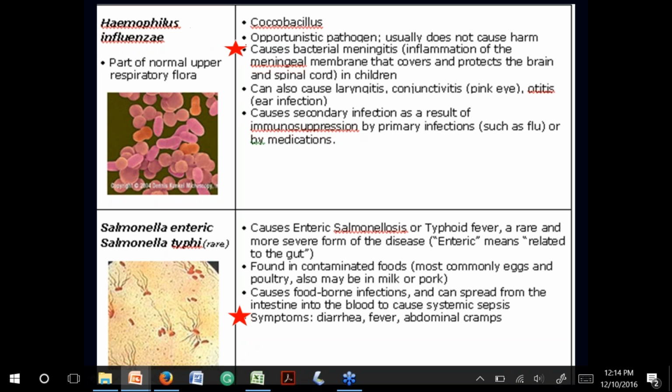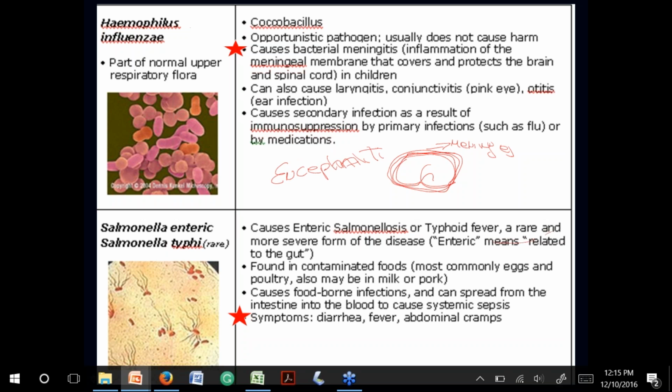They can lead into meningitis. What are meninges? This is the brain. Let's make the brain like this. There is a cover around the brain, one cover, another cover, and another cover. So 3 layers of covers. That is called the meninges. And this guy can lead into meningitis, inflammation of the meninges. So very, very painful. It's going to irritate the brain, which is what we call encephalitis.